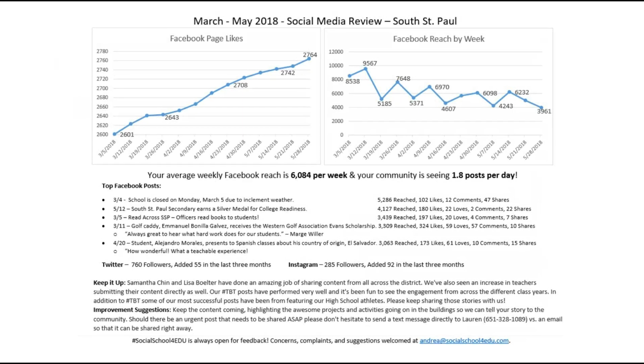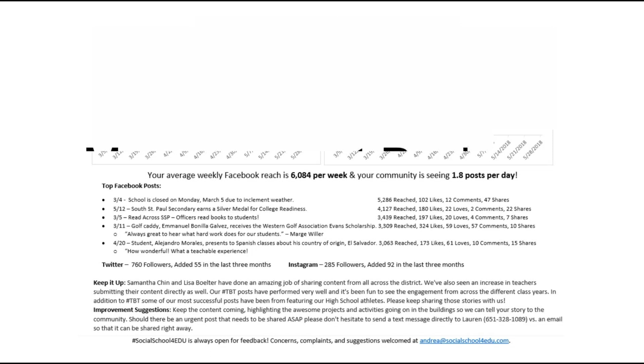Now, we report back with a quarterly report card to all the schools we serve, and we basically say, hey, look at how our Facebook's growing. Look at in the middle, we're reaching over 6,000 sets of eyeballs, so over 12,000 eyeballs, right, every week, with great things that are happening at our school district. And we're posting almost 2 times a day, and look at all this reach and some of the best comments. But if you're not taking the time to tell people, then it's likely to fall off the radar, and it's not as important. You got to keep it important, and you got to be able to post back.